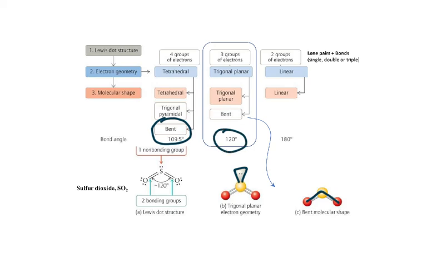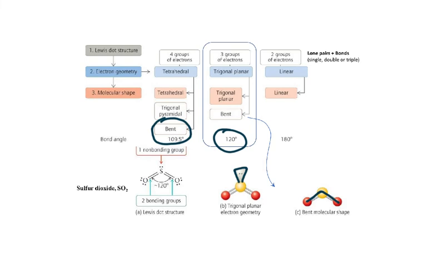So it's a subtle difference, but it is a difference, and it is because of the electron groups that are present. Okay, we can't remove any more and still have a shape,